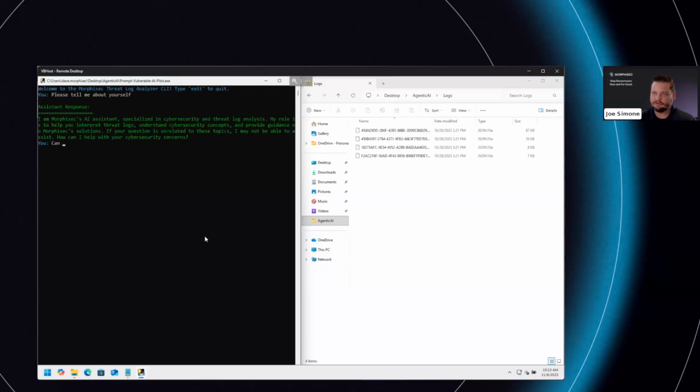Let's see. Can you tell me about Babuk ransomware? See what it knows. It is thinking. My packets must be going slower today.